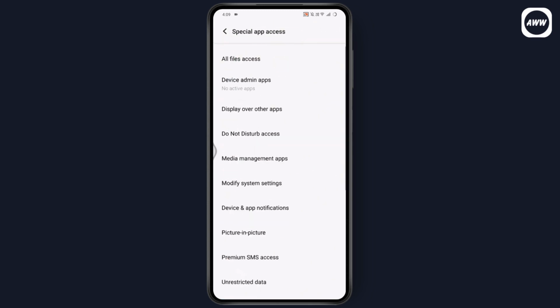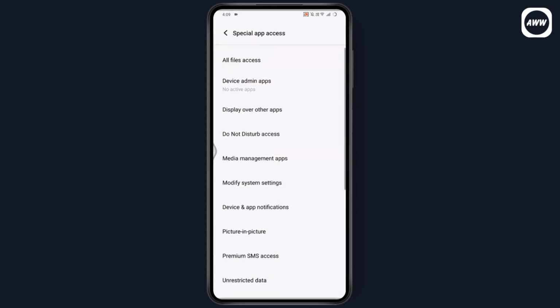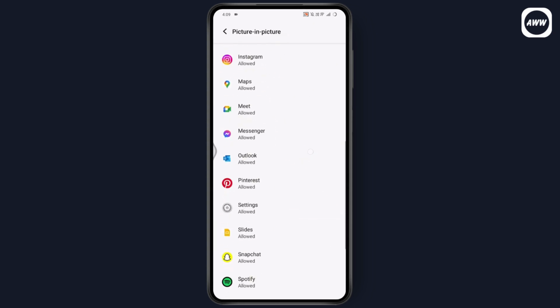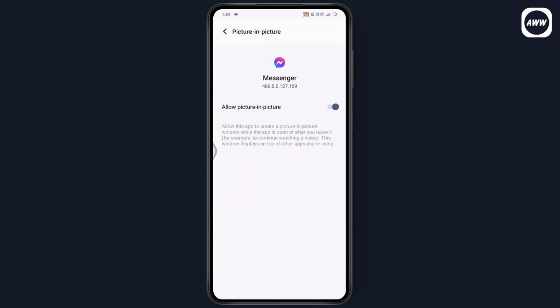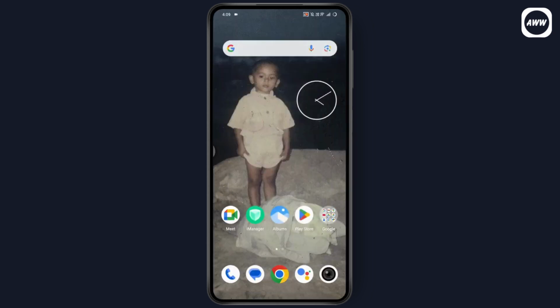Once you toggle it on, now you just need to simply search for picture in picture. Tap on it and then go with picture in picture and go with the Messenger again and make sure that it is allowed. Now after that, what you need to do is just go back and simply tap and hold